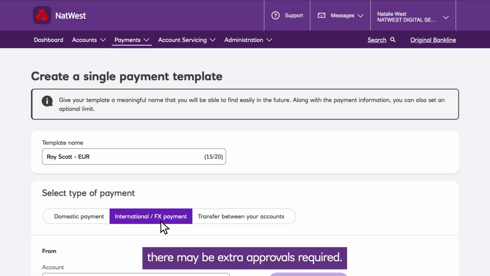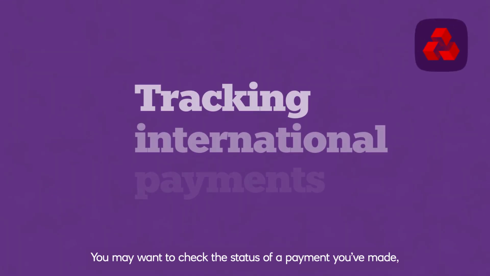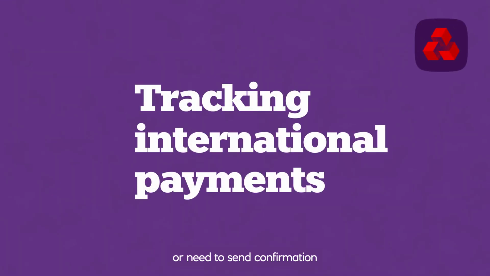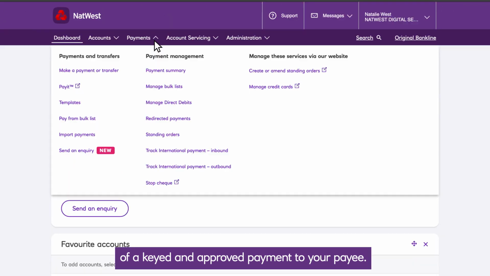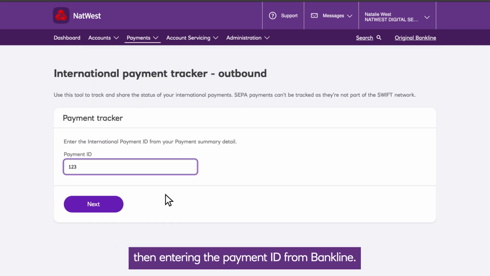You may want to check the status of a payment you've made, or need to send confirmation of a keyed and approved payment to your payee. You can do this in Bankline by going to Payments and selecting the International Outbound Tracker, then entering the payment